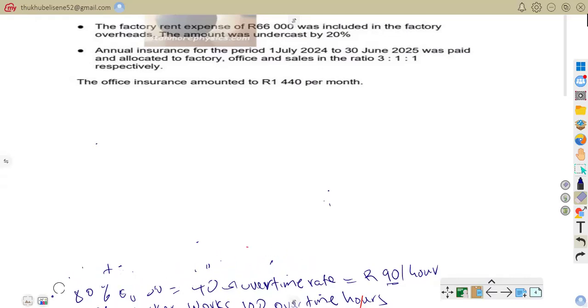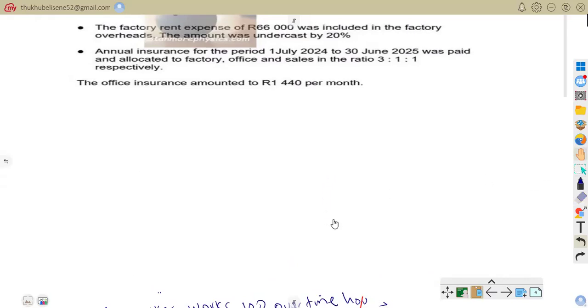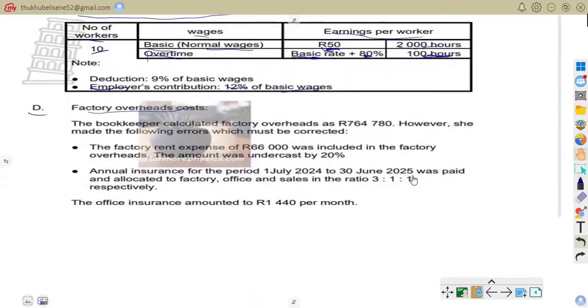So we are going to be on factory overheads, which is what the question wants us to calculate. Let us try to find out our factory overheads. The information is D. It says factory overheads cost. It says the bookkeeper calculated the factory overheads as